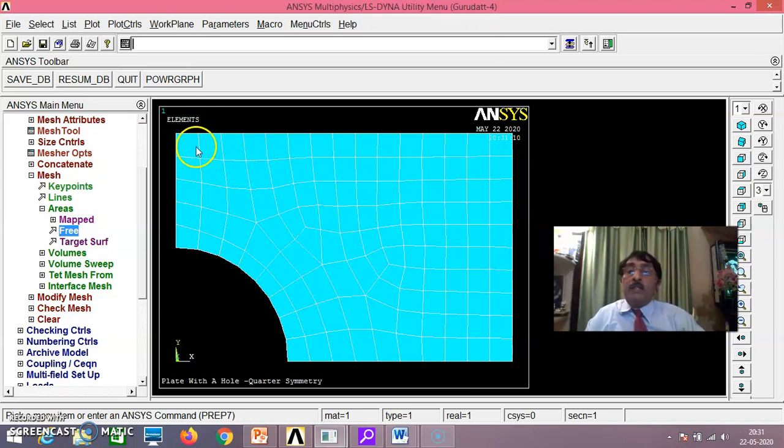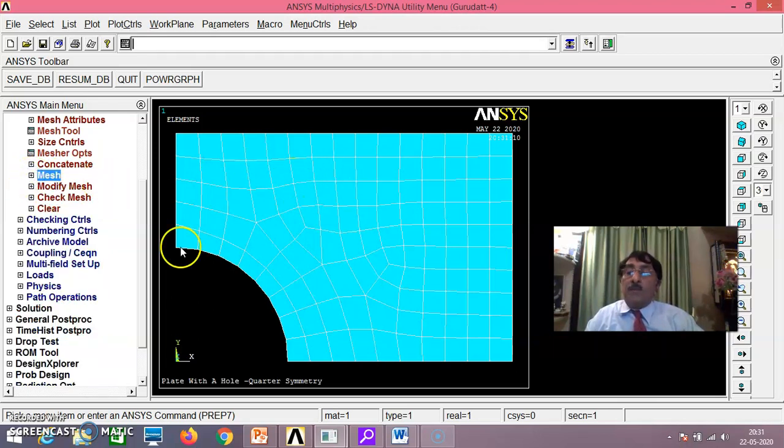Now, it is totally, as you know, it is 30, no? 30. If you count 1, 2, 3, 4, 5, 6, 7, 8, 9, 10, 11, 12, 13, 14, 15. That means every edge length is 2 mm. Edge length is 2, 2, 2, 2. In that way, automatically, I told you initially, here 10 elements would have been created because it is 20. Here 15 elements it would have created because it is 30. This you remember for understanding purposes. What exactly you are doing, you should know.